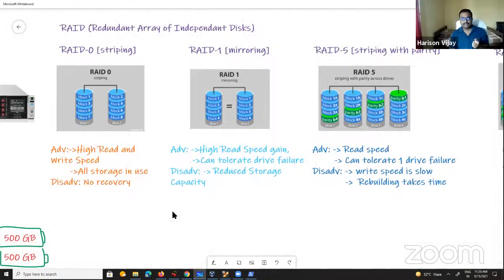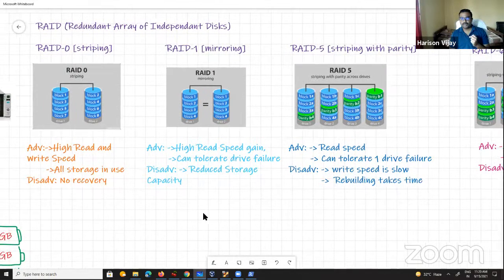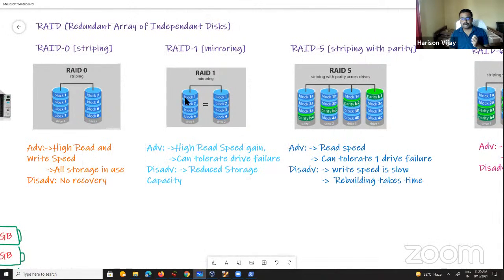The next type of RAID is called RAID 1. It's called mirroring. So with mirroring, when your operating system writes data on one hard drive, it also makes a copy of that block on the other hard drives that are part of the mirroring setup. So one disk will always be a primary disk where data is written. All the other disks set up in a RAID 1 configuration will have copies of the data. So the advantage is,